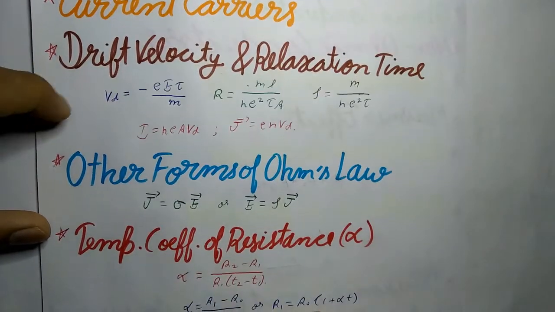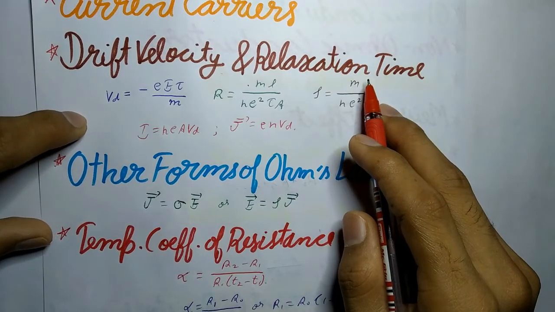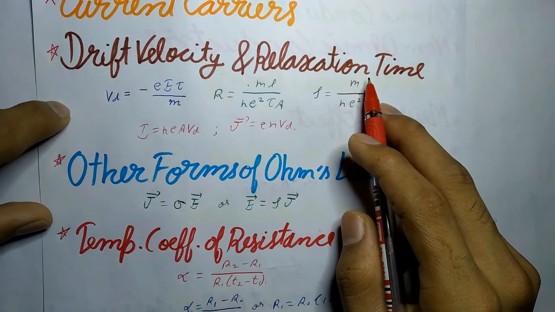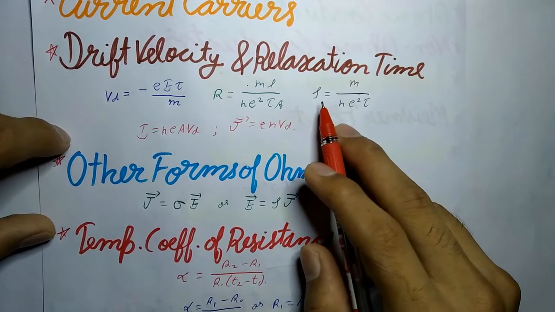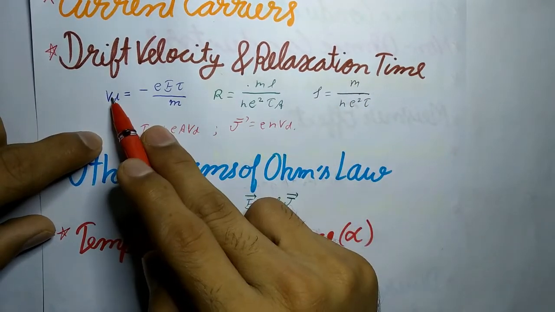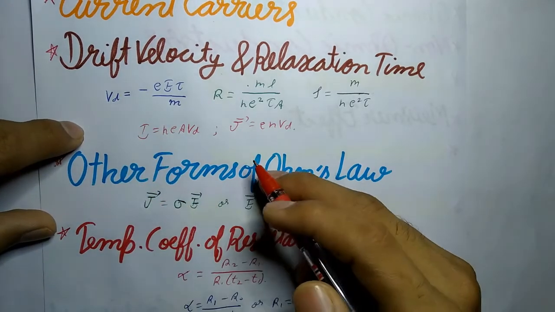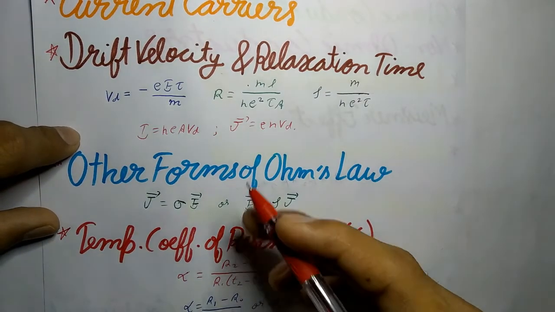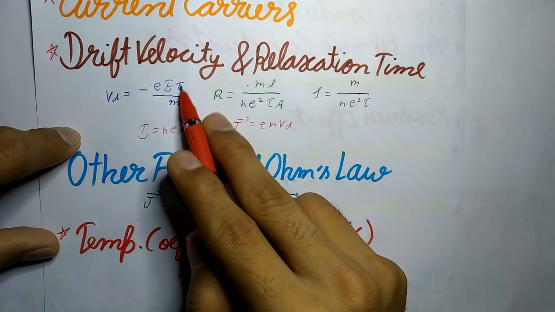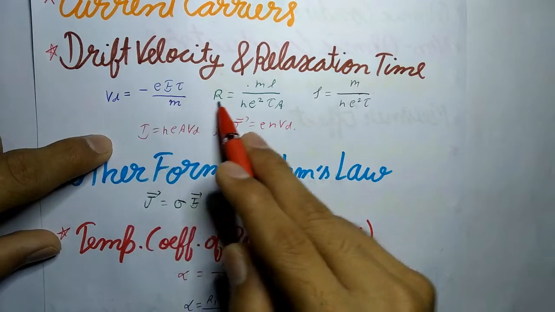Now next is drift velocity and relaxation time. The average velocity acquired by the free electrons of a conductor in the opposite direction of the externally applied electric field is called drift velocity, and it is represented by Vd. The average time that elapses between two successive collisions of an electron is called the relaxation time, and it is represented as tau. So Vd is equal to minus E tau by m, and R is equal